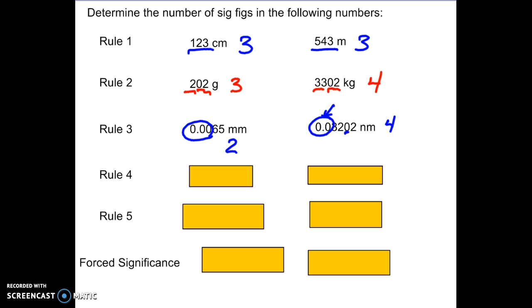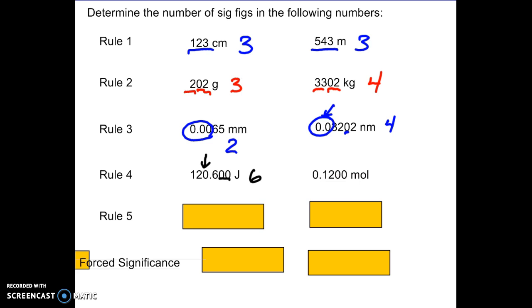Rule number 4: zeros at the end of the number and to the right of the decimal are significant. For example, 120.600 joules. These zeros are at the end of the number and to the right of the decimal. This zero is between two non-zero digits, again making both of those sets of zeros significant, for a grand total of 6 significant figures. In the second example,